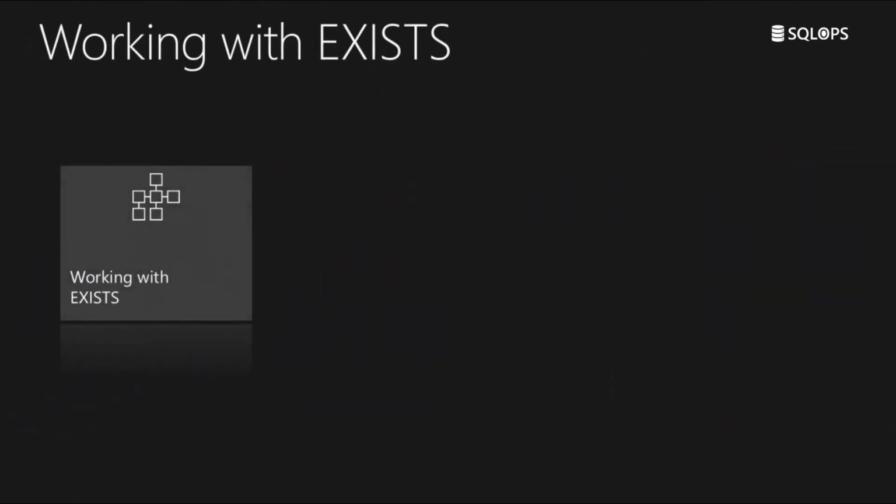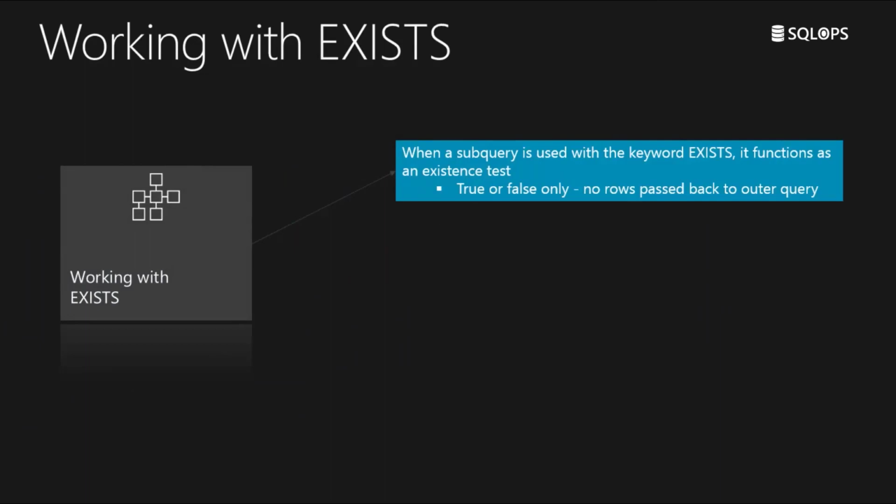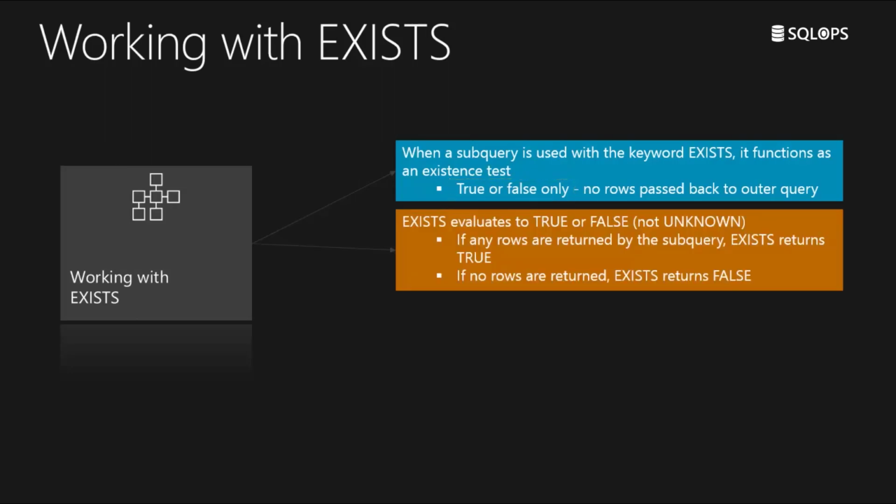The exists predicate evaluates whether rows exist, but rather than returning them, it returns a true or false. This is a useful technique for validating data without incurring the overhead of retrieving and counting the results. Which means when a subquery is invoked by an outer query using the exists predicate, rather than retrieving a scalar value or a multi-valued list from the subquery, exists simply checks to see if there are any rows in the